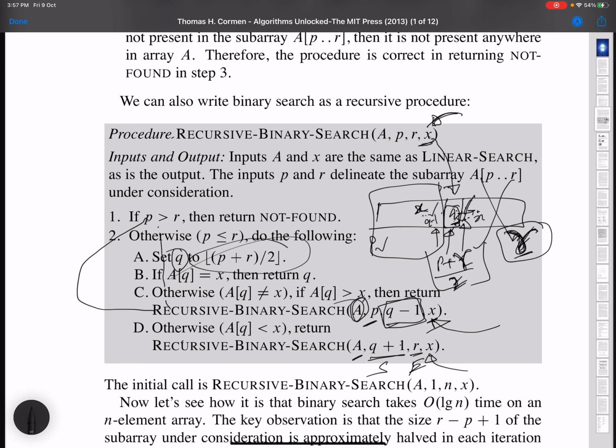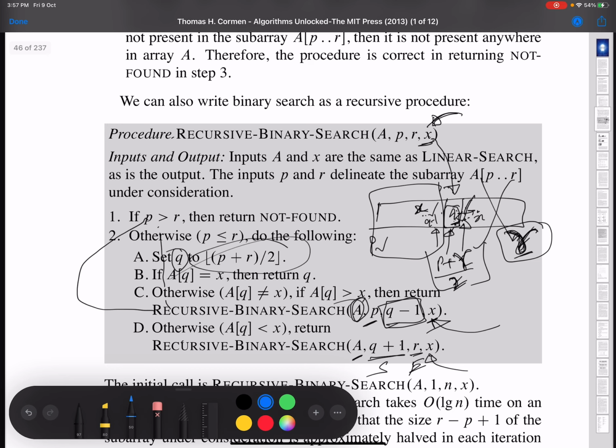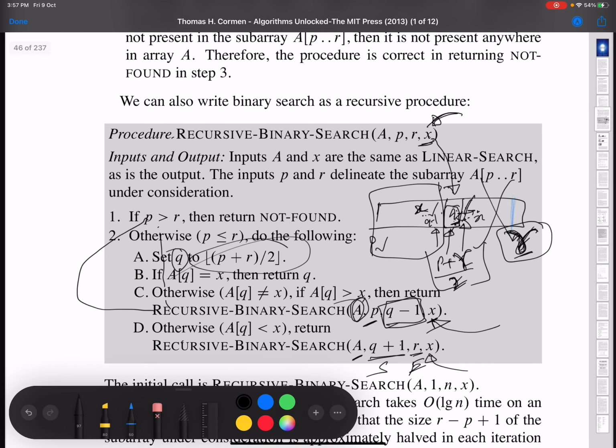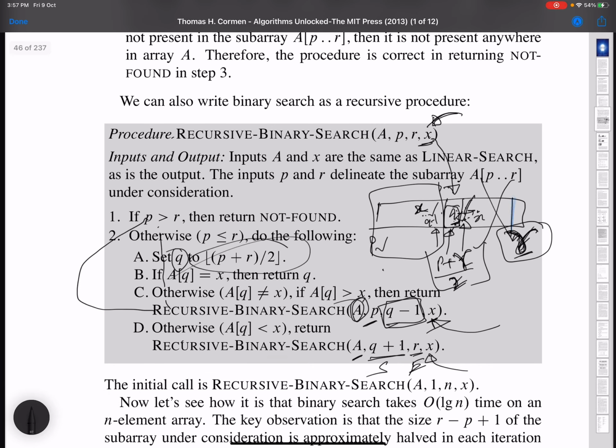Now suppose we keep doing this and we don't find our element. In that case, how do we come out of this recursive call? Every time we check the element in the middle, and if it is not found, we go to the right or left.